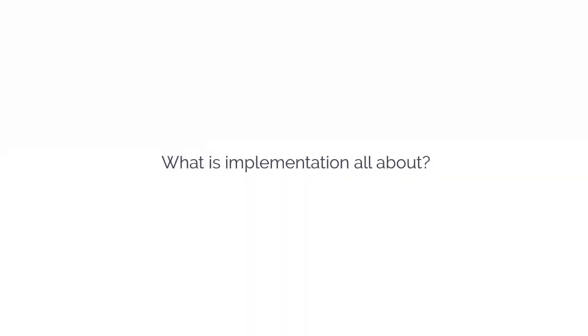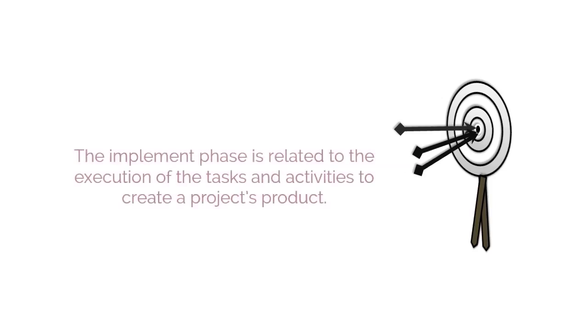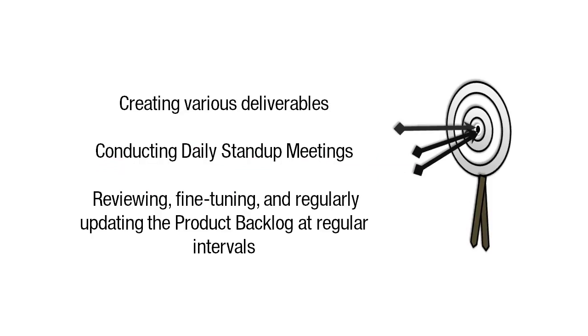In this video, we'll cover the Scrumboard. So what is implementation all about? The implement phase is related to the execution of the tasks and activities to create a project's product. These activities include creating various deliverables, conducting daily stand-up meetings, and reviewing, fine-tuning, and regularly updating the product backlog at